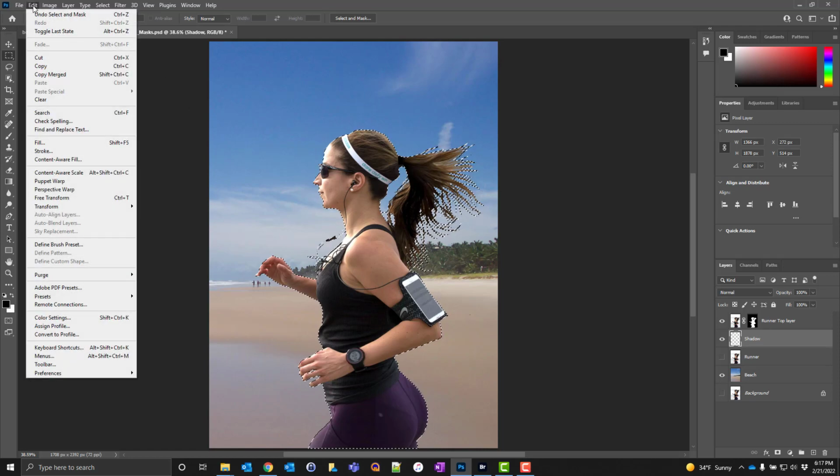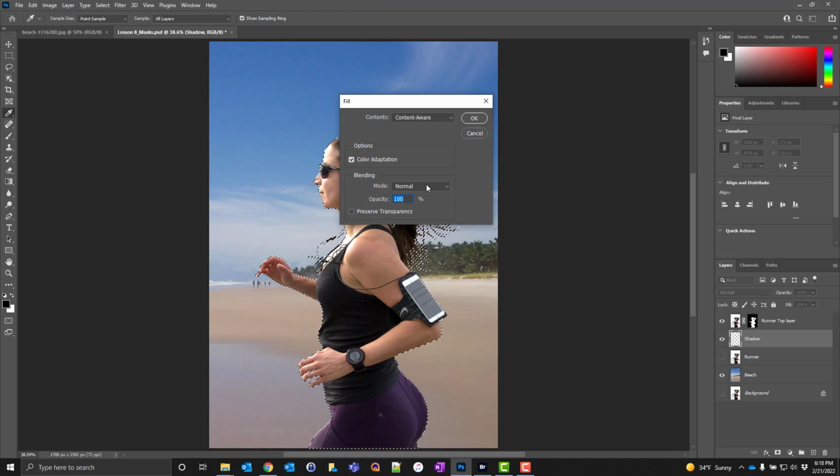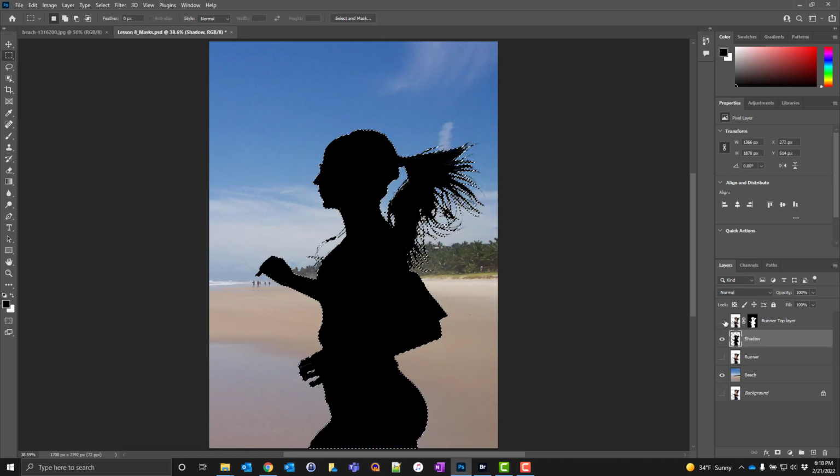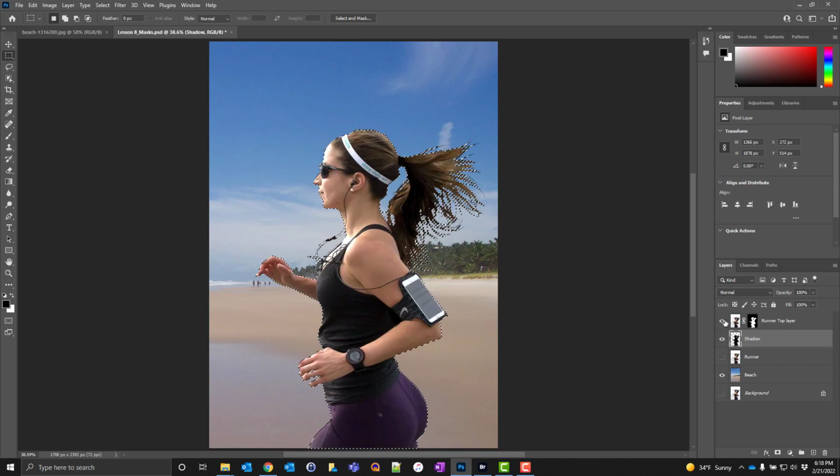Now I'm going to go under Edit to Fill. And we're going to fill it with black. Now I could fill it with a gray, but I'm going to adjust that later on. So I'm going to leave the opacity at 100%. And I'm going to hit OK. So now if we hide this, you can see the shadow behind there. Then we're going to go to Select, and then Deselect